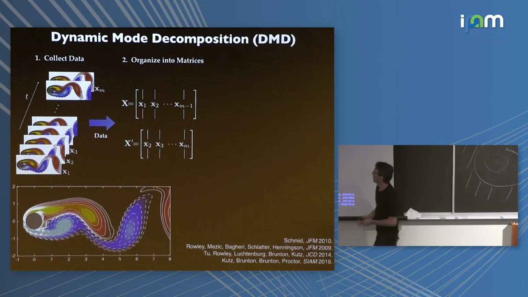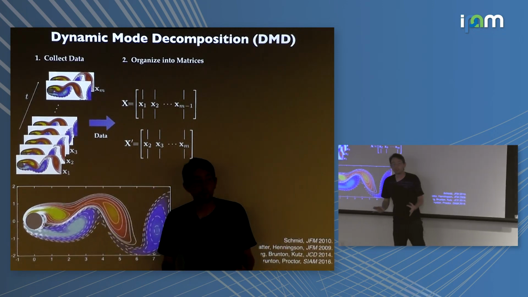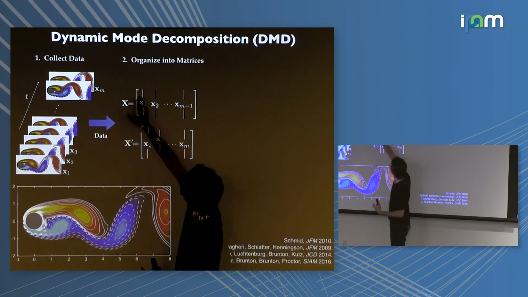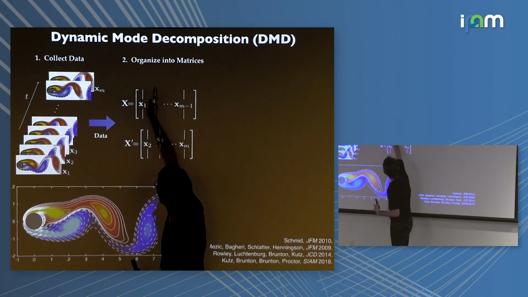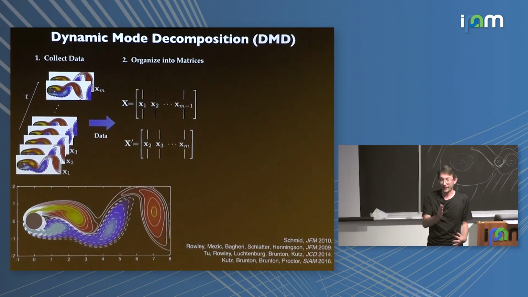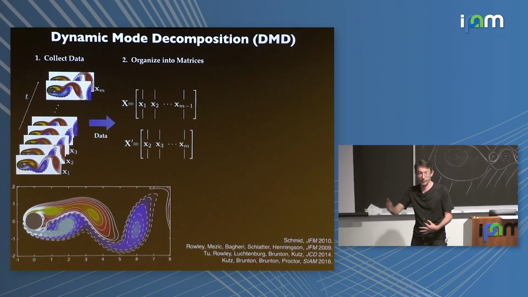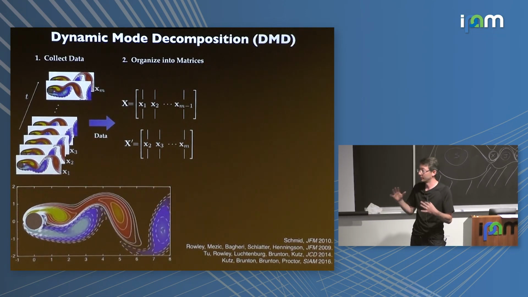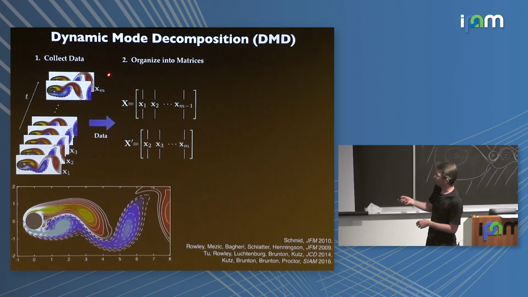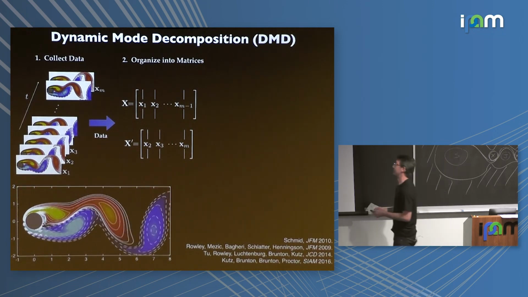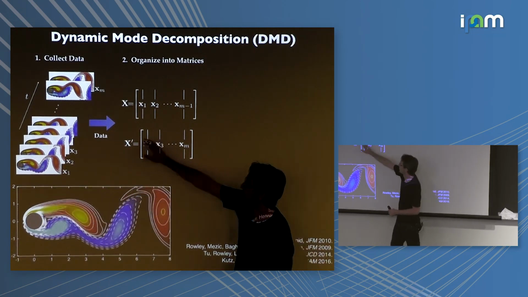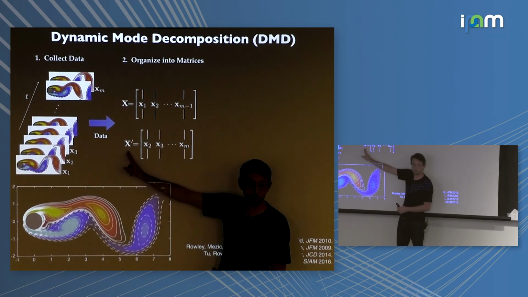Simple, okay? And now we're going to try the simplest thing in the world, linear regression, which if you ask some people is artificial intelligence. So what we're going to do is take these columns and try to find a best fit linear operator that evolves x1 to x2, x2 to x3, x3 to x4, and so on and so forth. We're going to do a least squares linear fit to find the best A matrix that goes from column to column to column. And specifically, because I built this time-shifted matrix, I'm going to try to find the A matrix so that AX equals X prime.